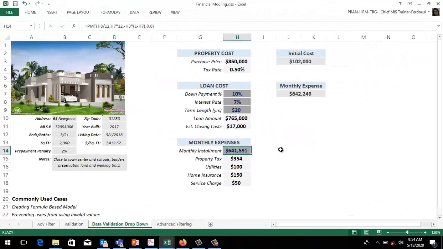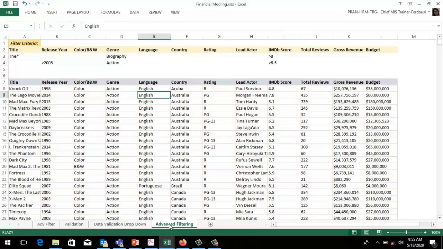Now we will discuss a different tool, that is advanced filter. Go to the next slide. When we do not get our desired value with the auto filter, at that time we can set the complex criteria in different cells. From the auto filter tool, we will not get a result if I use complex criteria like this.